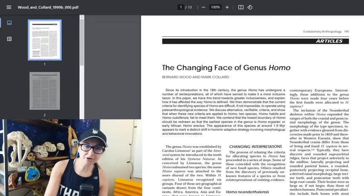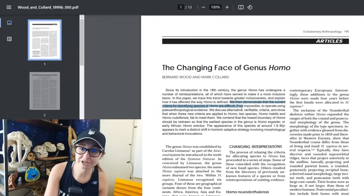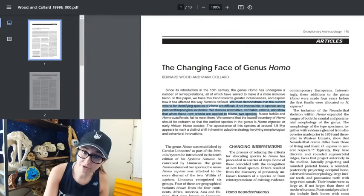So, let's start here in the abstract. They say, we then demonstrate that the current criteria for identifying species of Homo are difficult, if not impossible, to operate using paleoanthropological evidence, or paleontological evidence generally if we're talking about non-hominin specific disciplines. We discuss alternative verifiable criteria and show that when these new criteria are applied to Homo, two species, Homo habilis and Homo rudolfensis,